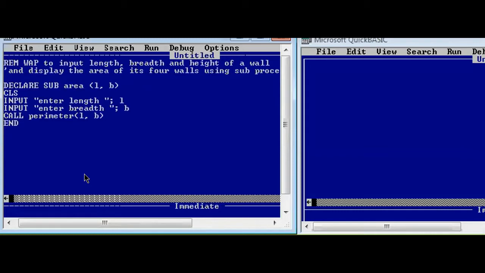And for this program, we need one more parameter, which is height. So I've added height as well. So enter length, breadth, and one more thing I need to write is the height. So enter height, which is h. So we need to call the sub procedure named area. So area, length, breadth, and height. So here L, B, H,